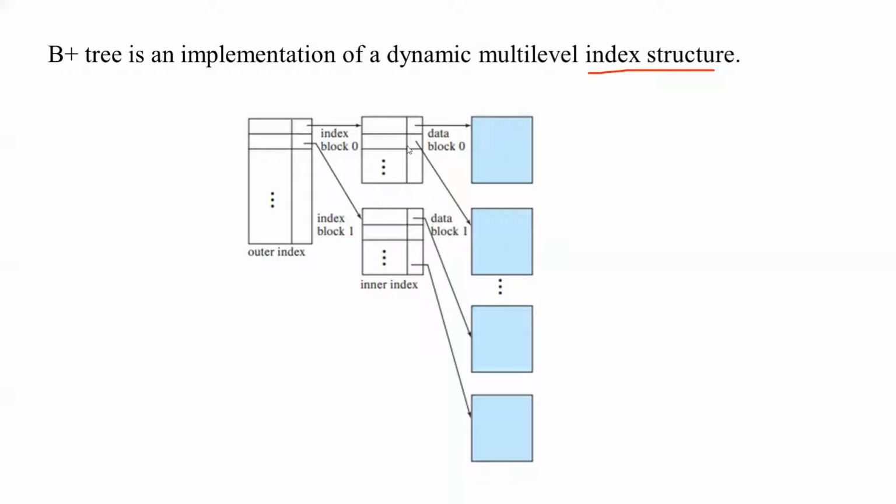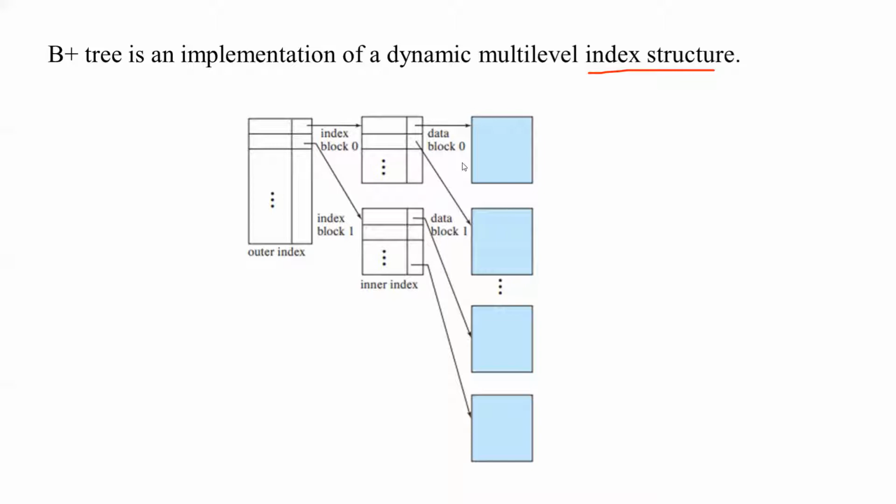Fine. So what will happen if this index structure becomes large in size? Then it becomes difficult to search the search key within the index structure itself. In that case, we'll have one more index file which will be used to search for the index within the index file. So we'll have another level of index. That type of index structure is called a multi-level index structure. So here you are having an outer index. Here you are having two levels of index. Outer index, which is used to get the inner index value, from which we'll get data pointers pointing to the disk blocks containing the records which we are searching for.